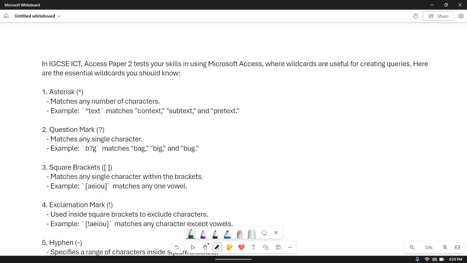Today we'll be talking about IGCSE ICT, something that comes in paper 2 of database. What we'll be looking at today are wildcards. Now, wildcards are basically like the sort option or the sort button or the sort thing. It basically